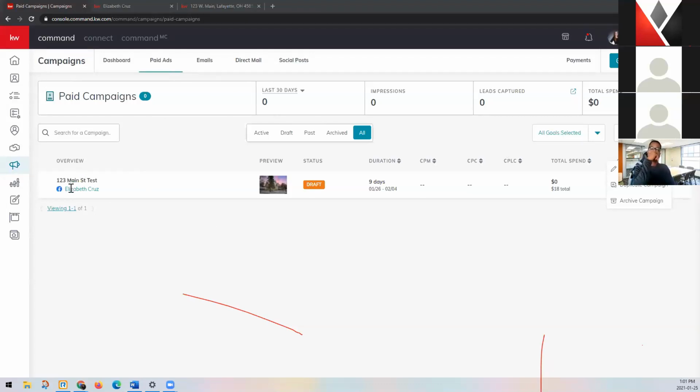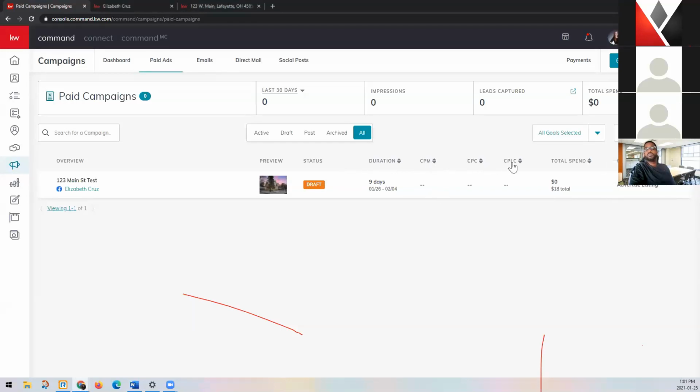You can see the title, which channel it's going to be posting to, preview, the status. One more difference between creating an ad on Facebook versus Command is Facebook generally approves ads within a couple of minutes, but Command approves ads within about 24 hours. So you can check on its status here. See the duration,